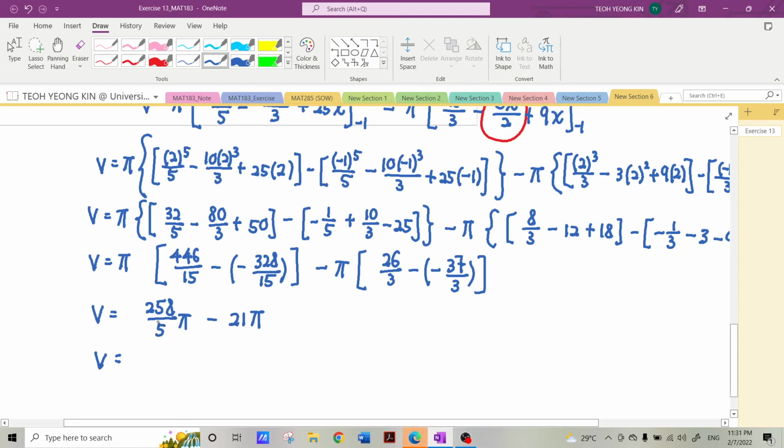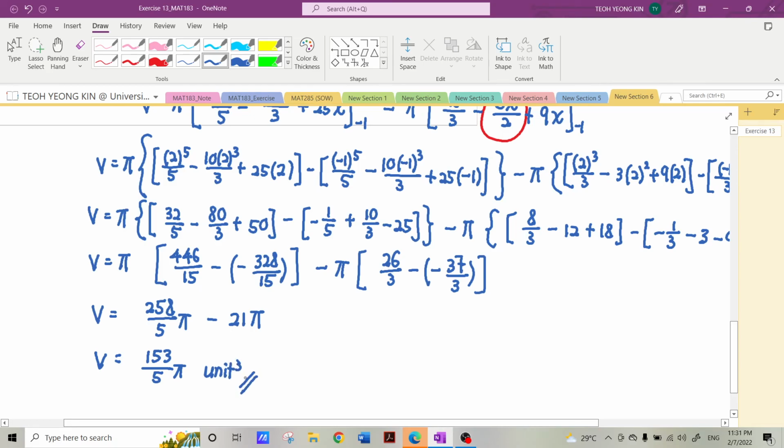It's not 15, so here is 5. 258 over 5. So 258 over 5 minus 21. So finally I should get 153 over 5 pi unit